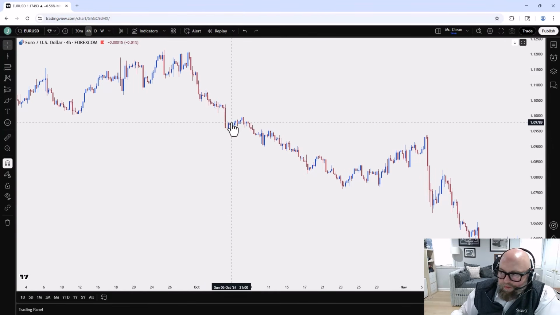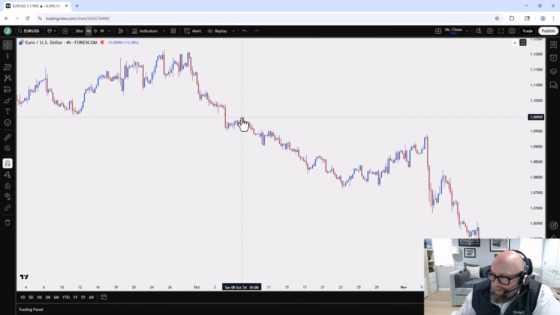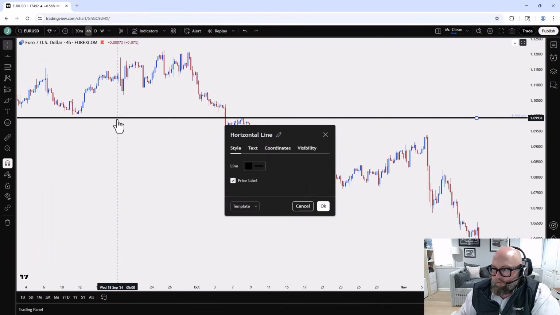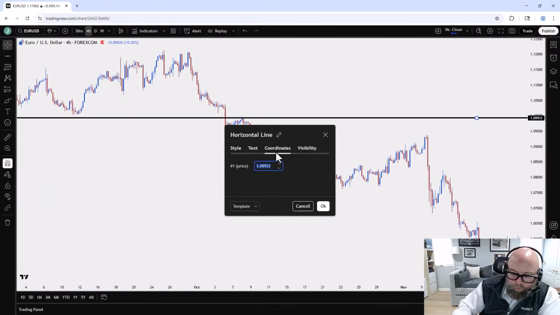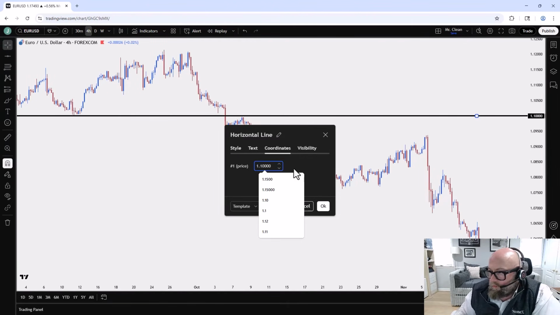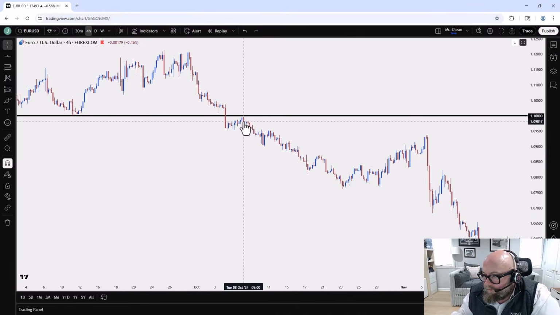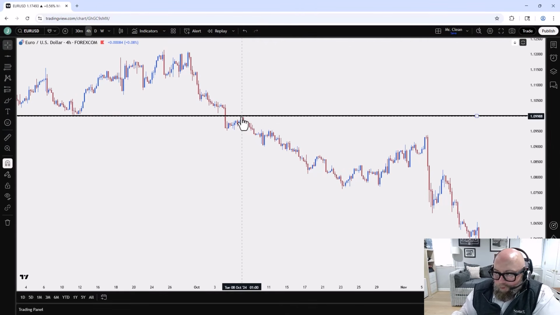Now, I would like to think that I'd be able to fade that first pullback, but the reality is I don't know that there was any point of resistance there. It's very close to the 110 handle. 110 is one of those very common psychological levels that could come in as support or resistance, but it didn't quite hit there. So I'm going to assume that I did not get that lower high. But what brings us to life is we break down to a fresh lower low.